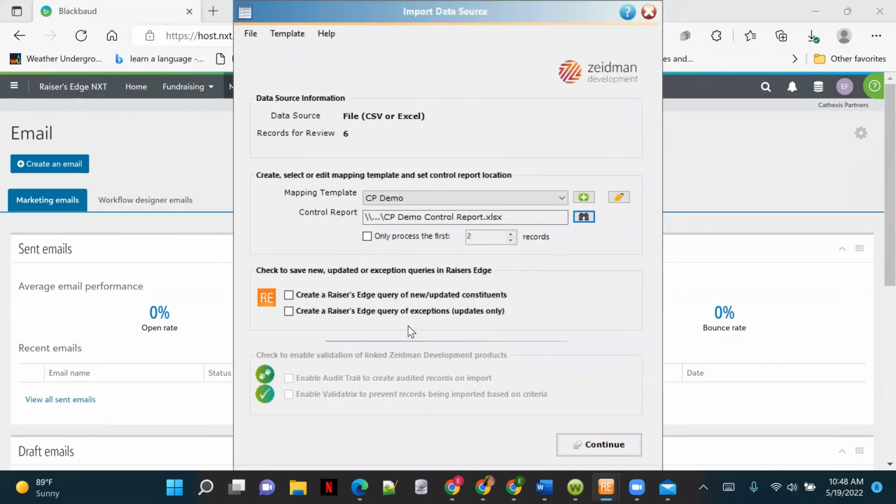I recommend, if you're doing this for real, that you create the Raiser's Edge queries, because it'll help you down the road. You also have the opportunity, if you're doing this for the first time and testing a template, to only process the first couple of records. It's really important to make sure everything's going where you expect it to and that it's all being processed in the right way. When you hit continue,